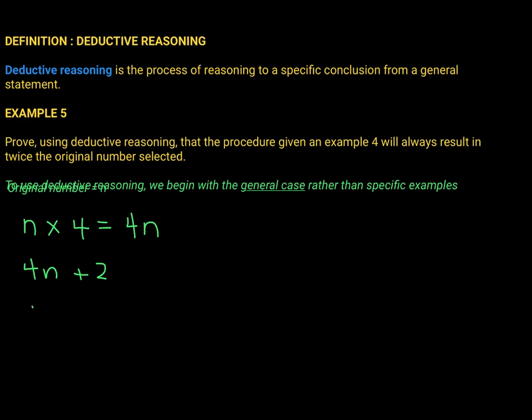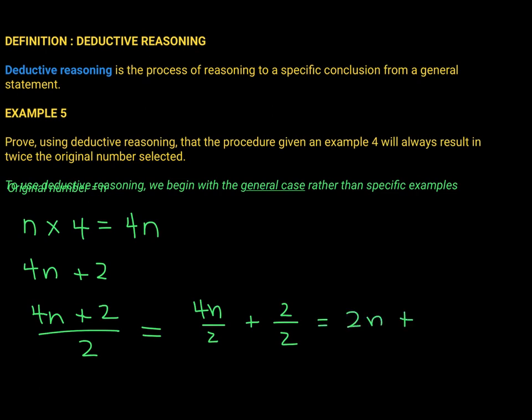So now I'm taking this sum, 4n plus 2, and I need to divide it by 2. If you're going to divide this sum, 4n plus 2, by 2, you have to divide each term by 2. In other words, you have to divide 4n by 2, and you have to divide 2 by 2, right? And that gives you